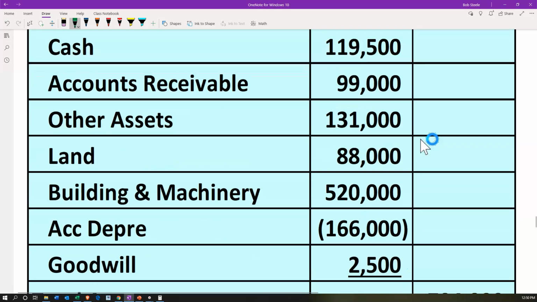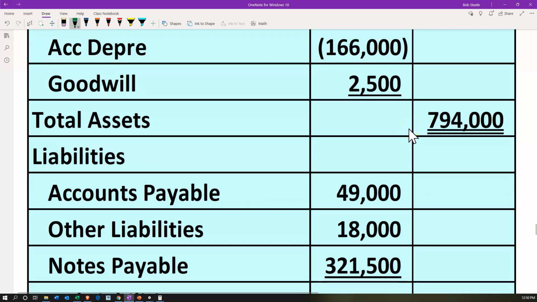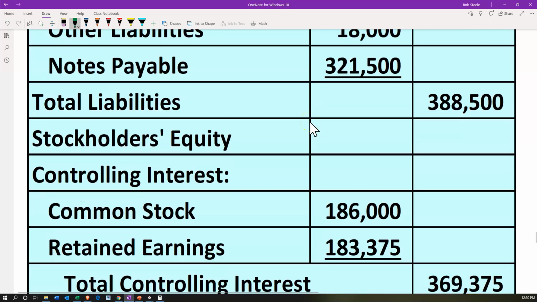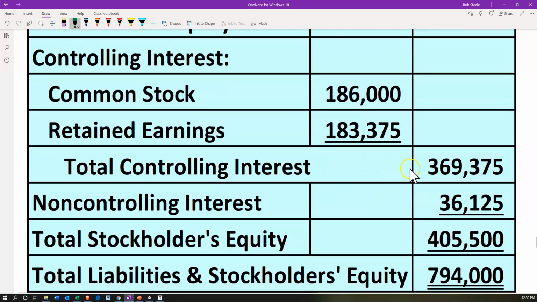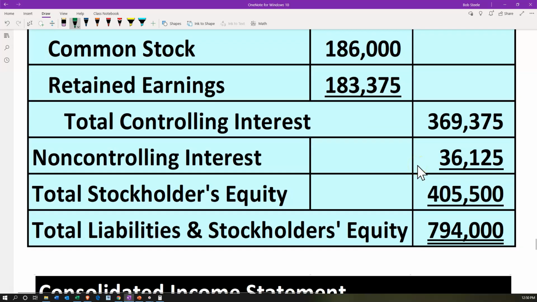So that means assets and liabilities are all the same as if one company. They're combined together, 100% total assets. Liabilities, again, totally combined here. There's the total liabilities. Then the stockholders' equity down here, this is where the difference happens. We've got the controlling interest, that's the 186 and the 183,375. So we're breaking out the total controlling interest at the 369,375. Then there's this non-controlling interest portion of the 36,125 to get to the